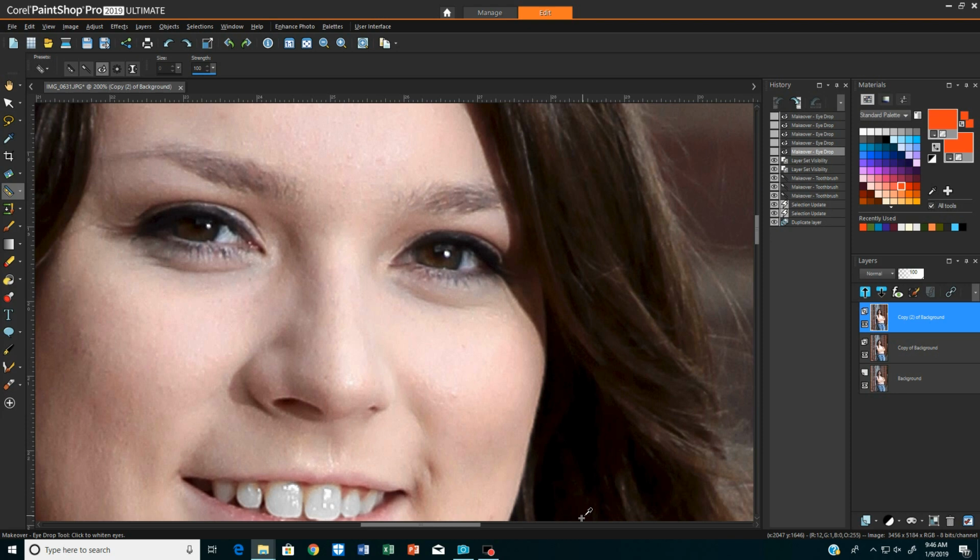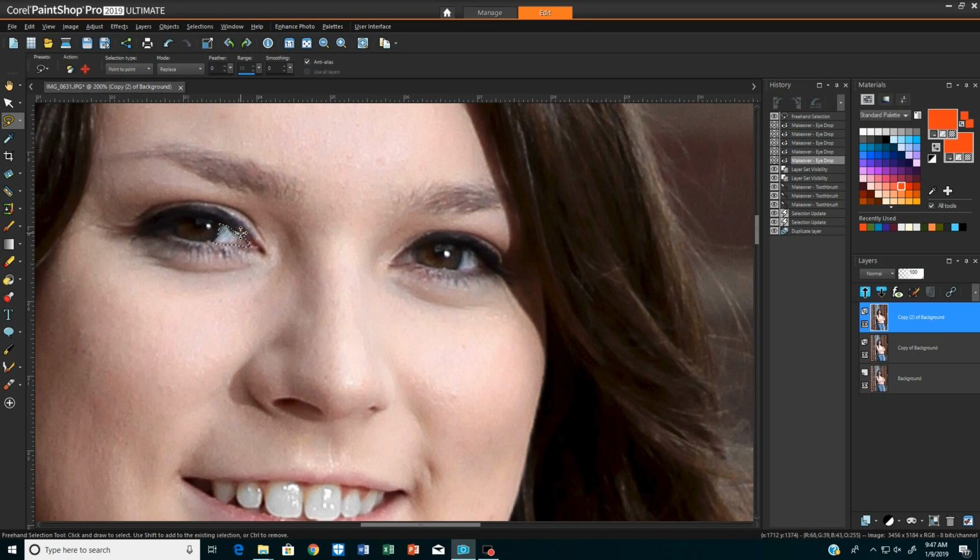So we want to choose only the whites of the eye, and to do this, I'm going to go to the selection tool and click freehand selection. I'm at zero feather, zero smoothing, anti-alias. Now let's go into the eye, and I'm using a mouse. Let's click, and that forms a starting point, and we're going to go along the outline of the eye. Click, click, be very careful around the round of the eye. Click, click, click, click, click, click. I don't know if you can hear that, so that's why I'm making the noise. And then do a double click.